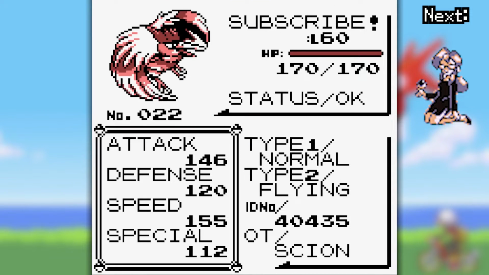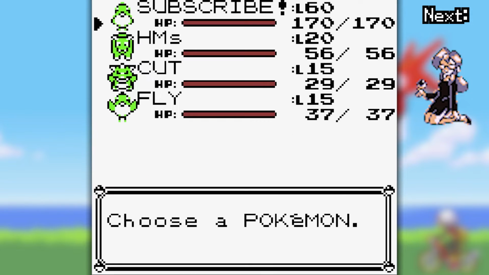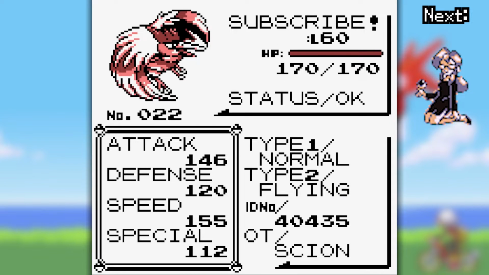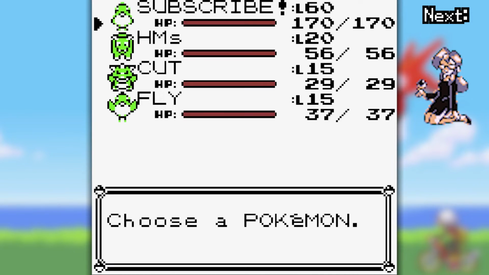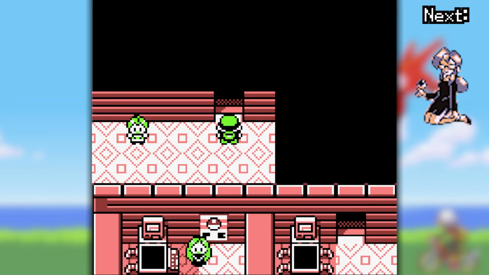Here's what our stats are looking like. Overall, everything looks pretty good. Both our attack and speed are ridiculously high, as you've no doubt come to expect. And honestly, our defense and special aren't too bad either. Our moveset right now consists of Drill Peck and Fury Attack. I could have swapped out Fury Attack for something like Double-Edge, but ultimately decided to stick with Fury Attack